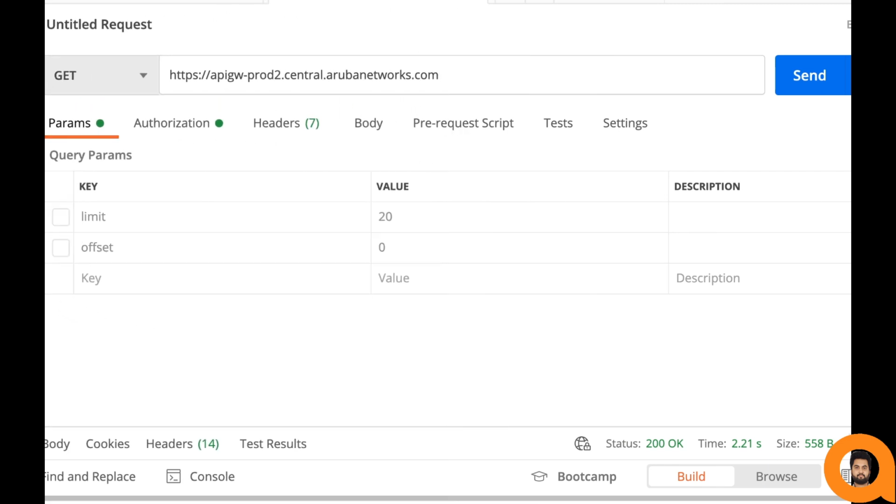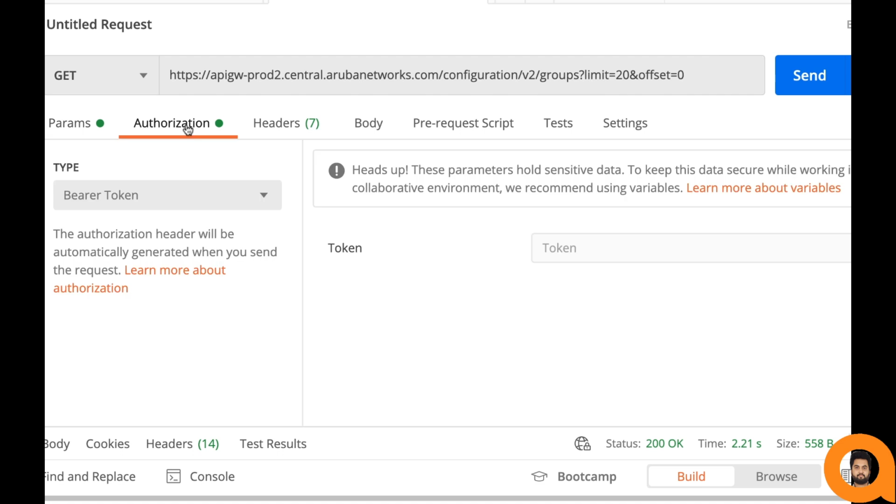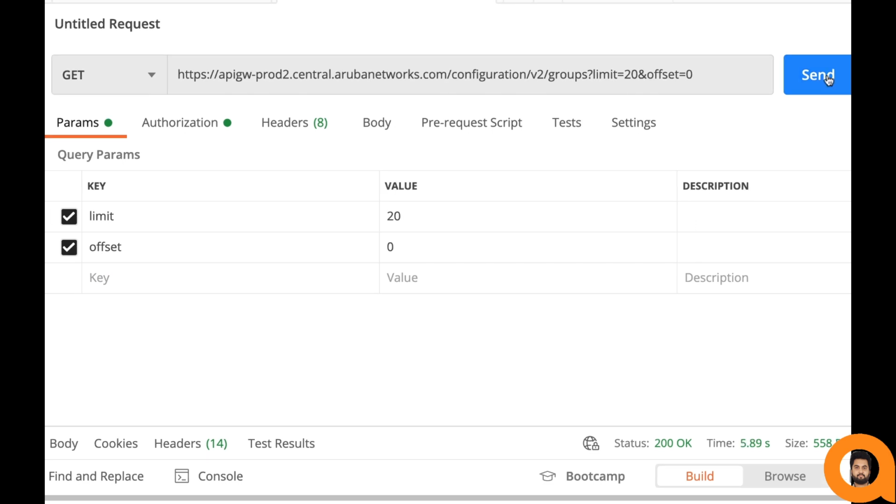If you are familiar with Postman, this is where we enter the URL. Now we know that we are trying to fetch the data, so our method is get, and then I have put the base URL or the gateway address. Along with that, I will add the API address. And then next step is to add the parameters. So once I add the parameters, all this constitutes my API URL. The last step is to authorize yourself. In order to do so, I put my bearer token. And once I enter all of this information, I can simply run this query.